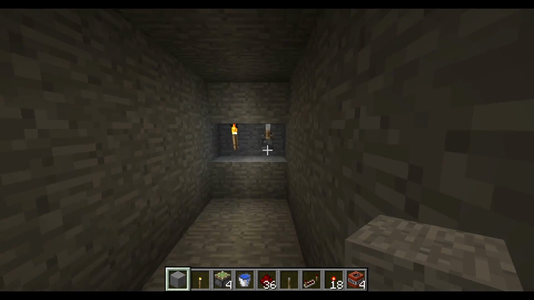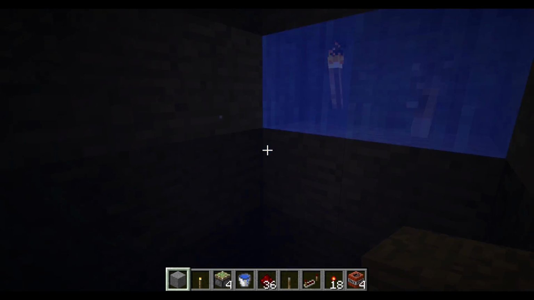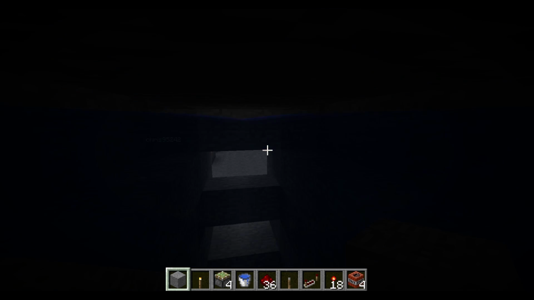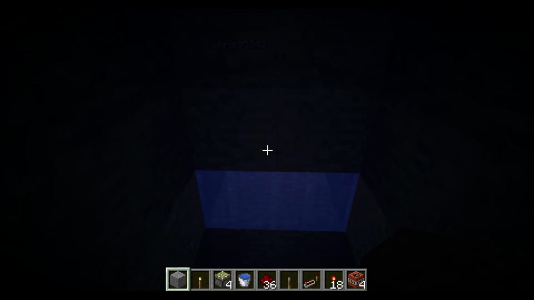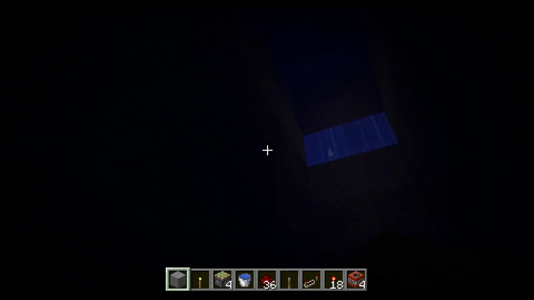This way, when you pull the switch, not only does the water come down and you get pushed into the pit of doom, but also half of the door closes so that it becomes a lot harder to get out. Because right now, say you